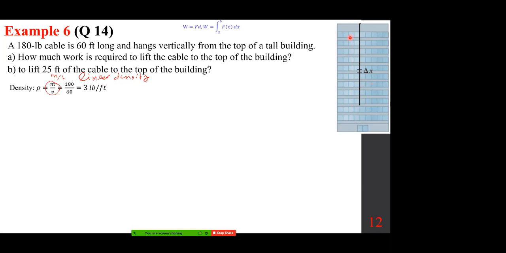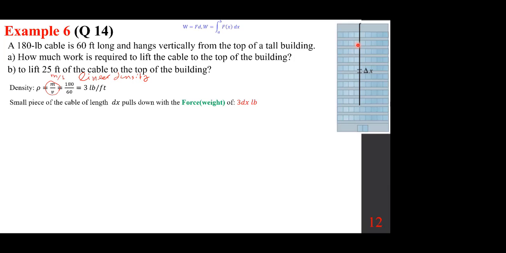If 10 feet is up, 50 feet is down. So you have the weight of 50 feet. And that's important to understand. Okay, class? So that's why you really have to realize this is a variable force. So having said that, a small piece of the cable of length dx pulls down with the force of